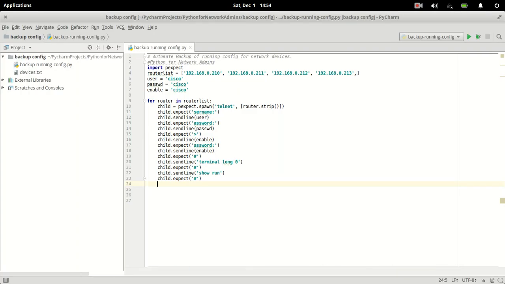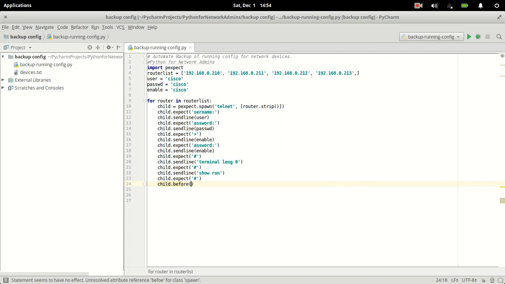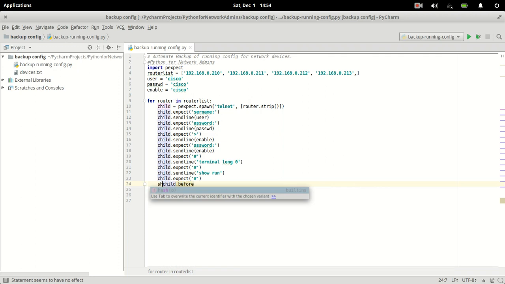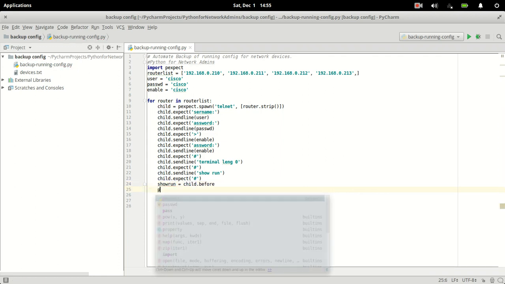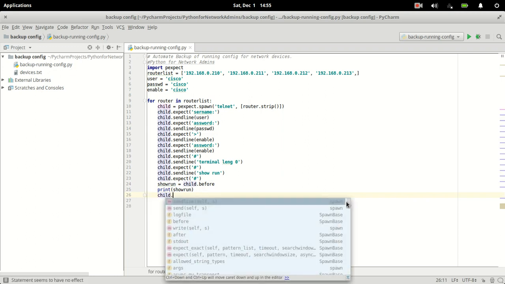So how do we now read all these configurations happening in the child process? How do we read the configuration? For that, let's use a class called before. No, it doesn't have any classes argument. So I'll call this show run for simplicity, and let's try to print show run for each router, and at the end of it let's kill